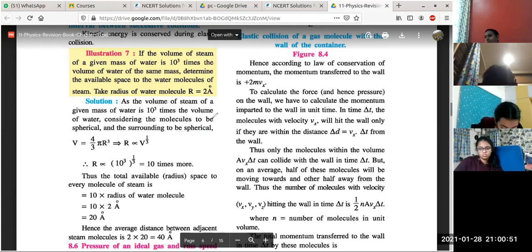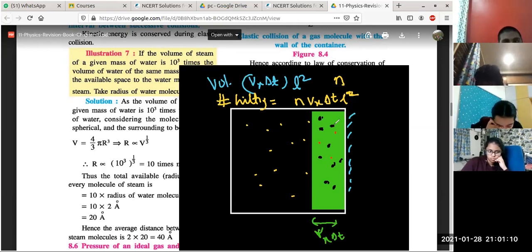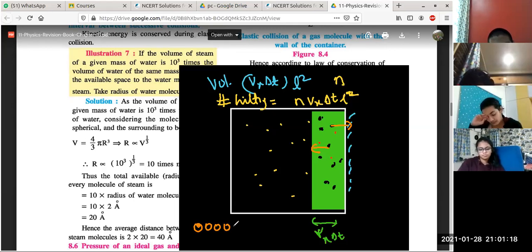Sorry, I was muted. See, there is one thing more. In this region, there are some molecules, right? Can I safely assume that if this motion is totally random, then half of them at any point should be going this way and half of them the other way? It is different from that example with ants: they are not only going in one direction. So not all of them will hit the wall, only half of them.